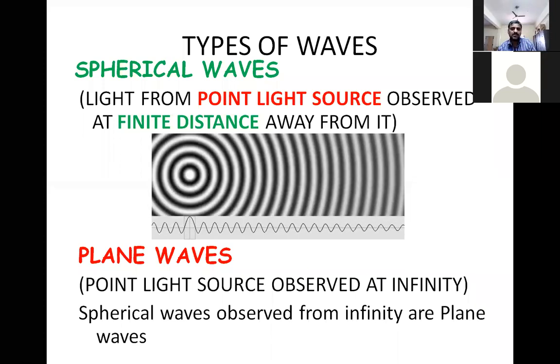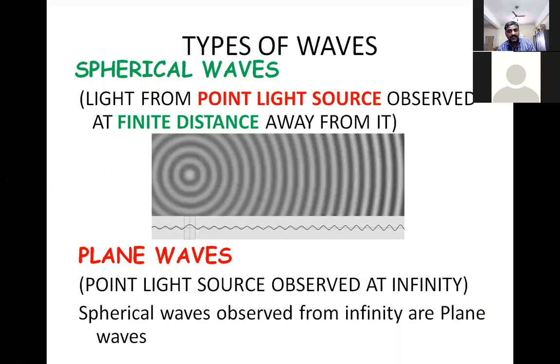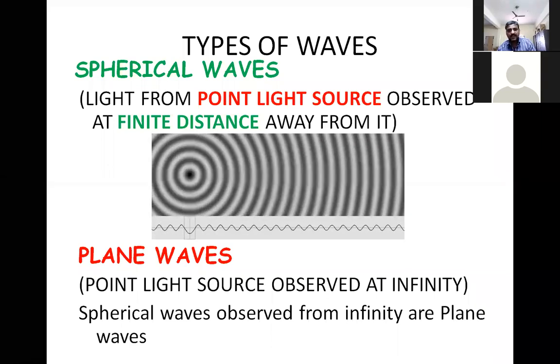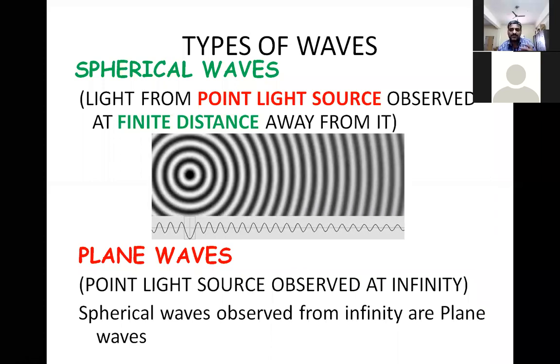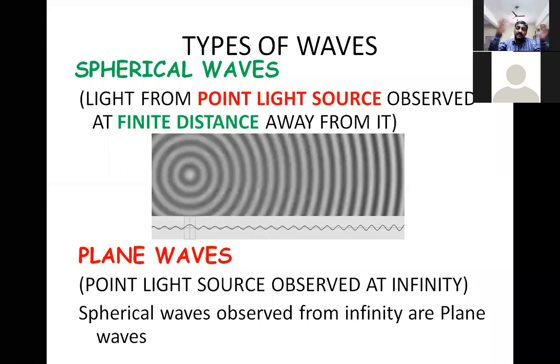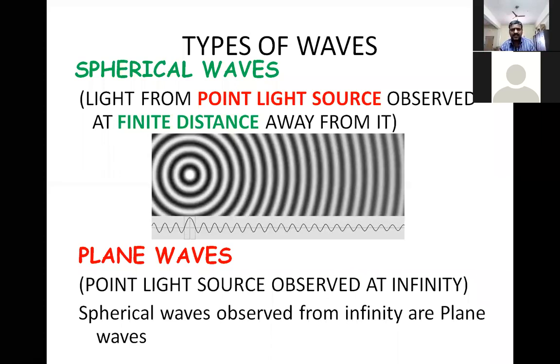So these ripples are what we call spherical waves. Spherical waves in 2 dimensions. Unfortunately, in 3 dimensions, I cannot show you. 2-dimensional waves can be understood, and from there, you try to imagine how the spherical wave in 3 dimensions will be. It is something like a sphere which is growing in size, concentric spheres. One after the other, they are growing in size and going outwards, right? So this kind of wave is what you call a spherical wave, right?